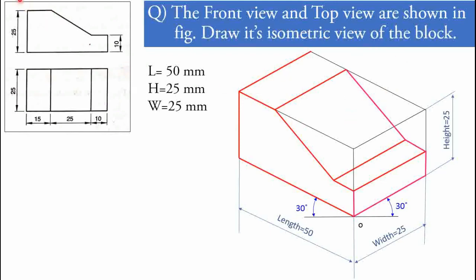Now the top portion, which again in the top view looks like a rectangle of 25 mm by 15, and out of that the three edges have been completed here. Okay, now the fourth edge is simply from these two corner points we have to draw a straight line, and you can observe it is exactly parallel to this left side line. Okay, now this is the complete isometric view of this given object, that is called a simple block. I hope all of you understood this procedure.